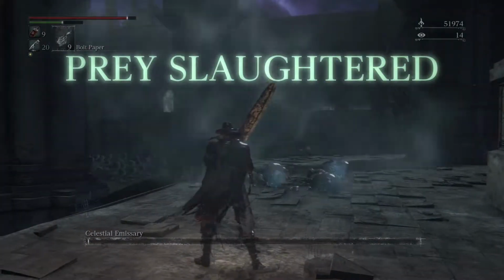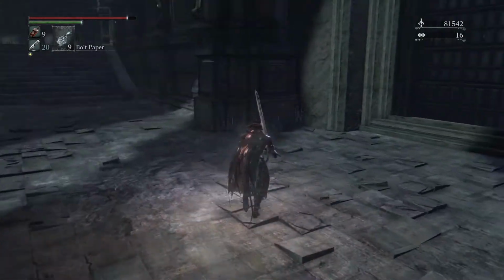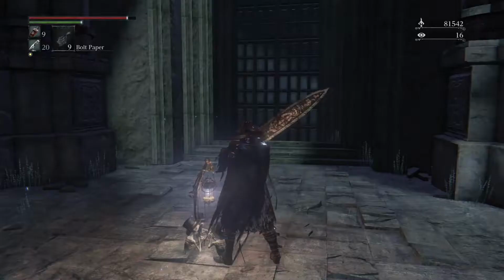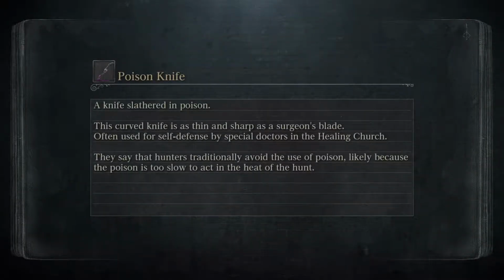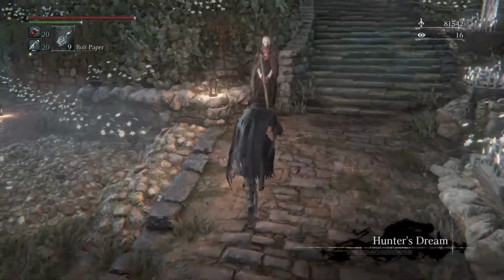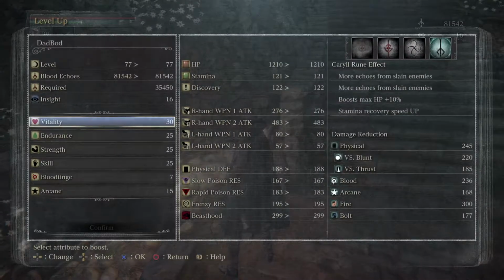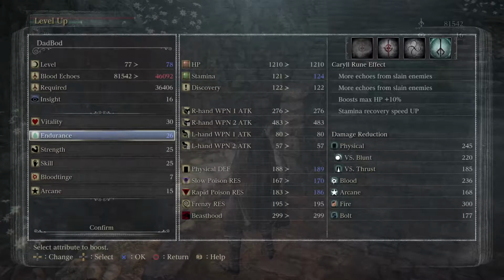So, I don't think I've ever died to that boss. He is by far the easiest boss in the game. Okay, so we unlocked another lamp. And I think that's where we're going to call it for today. First, we'll just warp back to the Hunter's Dream and level up. And then we'll warp right back here. And that'll be it for the evening. Always good to go out on a boss, even if it is, I would say, by far the easiest boss in this game. It might be a lot harder, perhaps, if you're facing the Celestial Emissary earlier on in your playthrough. But since I tend to go to that spot later on in the game, it has never really been any problem for me whatsoever. All right, so let's put another point into endurance here, and then we will start